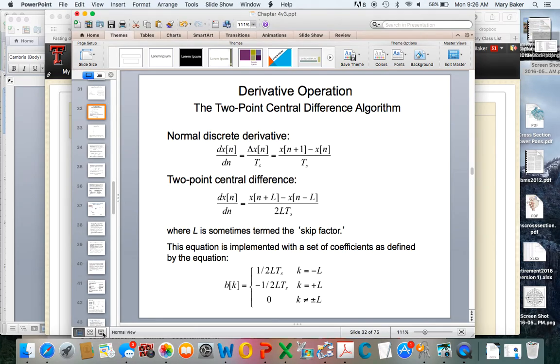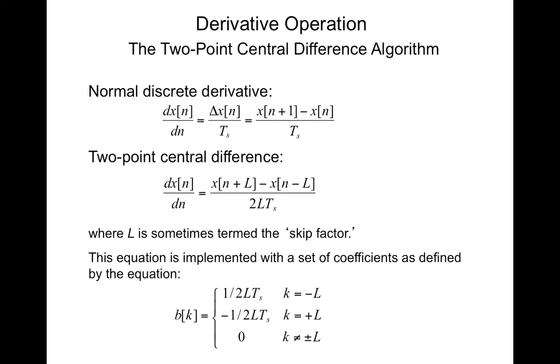The last technique we want to discuss in terms of simplifying signals and reducing noise is the derivative operation. And we're going to discuss a very special case of this known as a two-point central difference algorithm. So normally, we would take a derivative as a difference. In a discrete form, you can't really have the typical derivative formula where you have a delta t that's